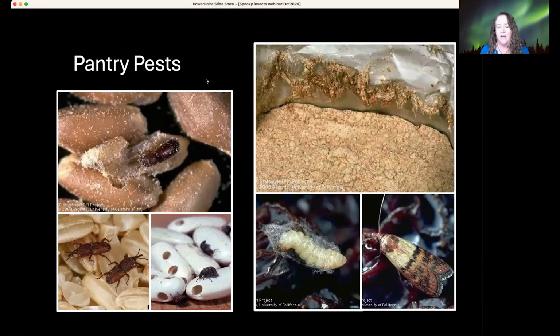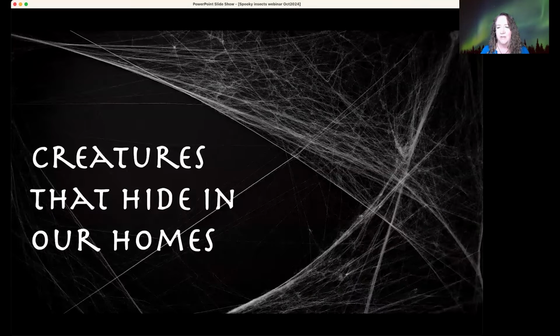And so we want to be careful with the creatures that we might have in our house that spoil our food. So the pictures on the right here are Indian meal moth, that can very easily come into our houses on packages of food, and they sometimes come in as eggs or larvae, and they are hidden inside the food and we may not see it. So it's always a good idea to store your food in tightly sealed containers so that if something is infested, it doesn't continue to